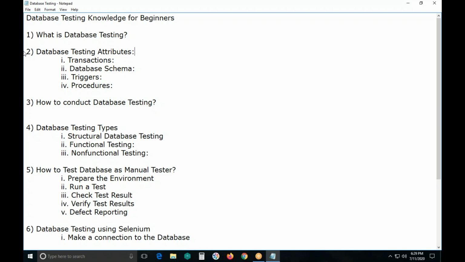Next, database testing attributes. First, transactions. Transactions means the access and retrieval of the data.